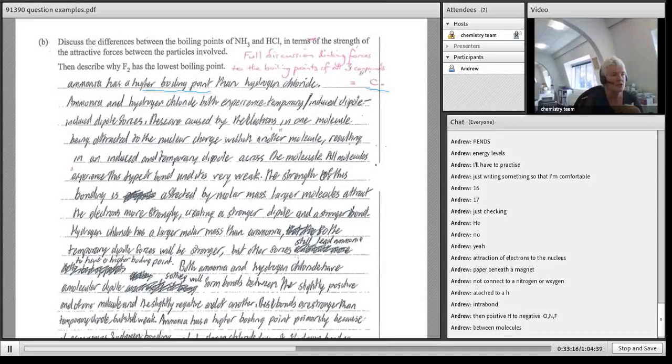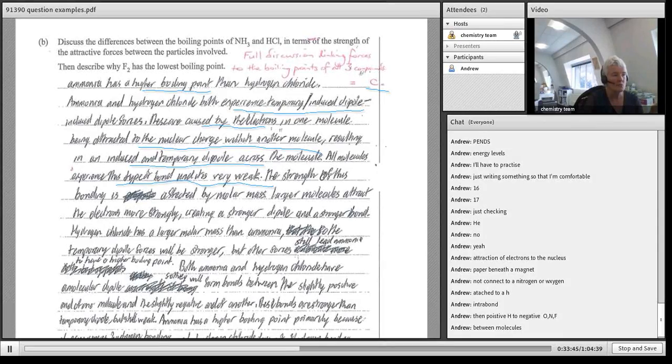and do you notice they tell you all the different bonds? They say they both have the temporary dipole forces, so they aren't just going on about hydrogen bonding, they're saying they both have these, and they tell you what they are. Okay, so this is all but telling you what it is. Okay, they obviously wrote really fast,